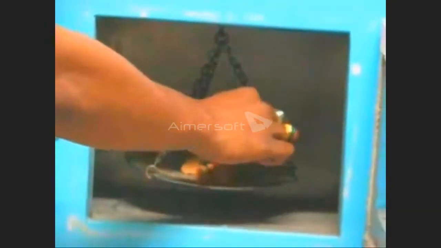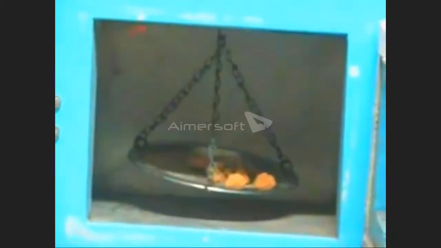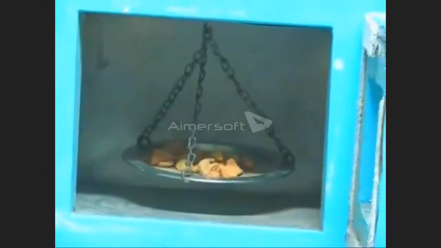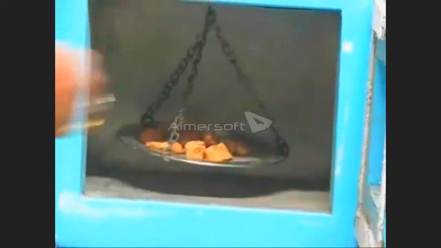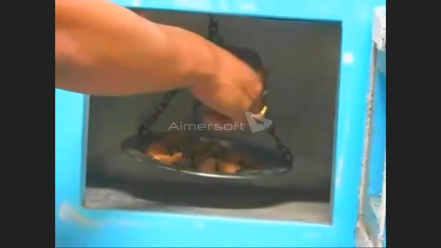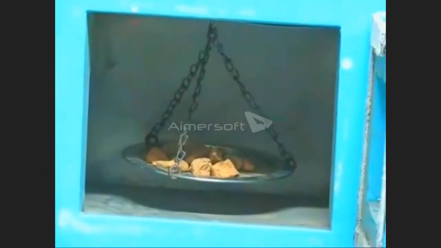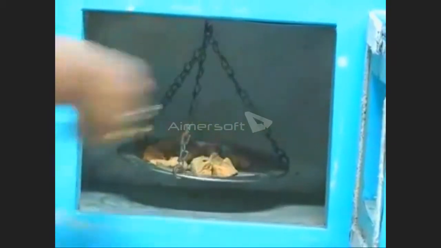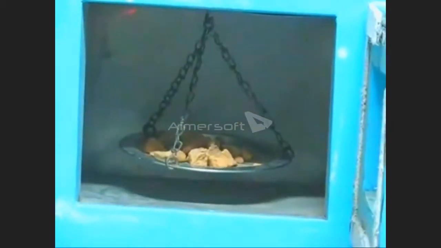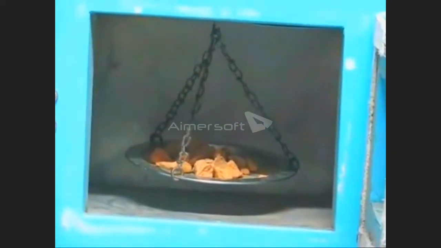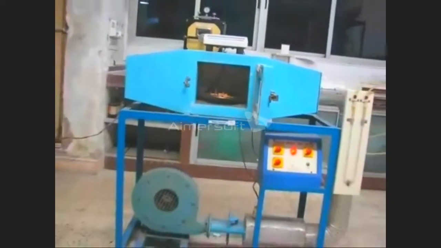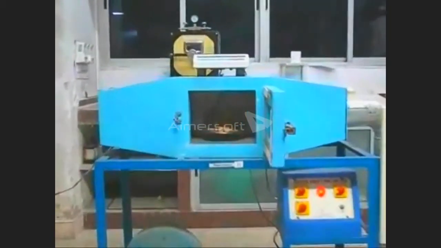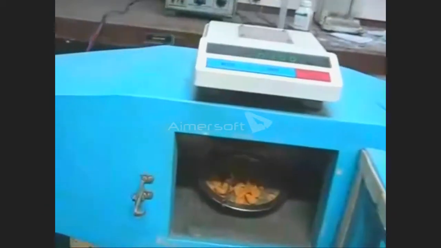Now we put silica pieces on the tray such that it weighs 100 grams on the balance. The balance now weighs 100.